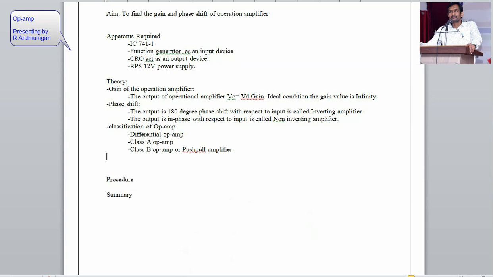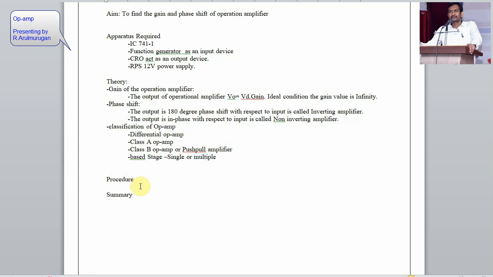Okay, so like that one, it is going to classify the operational amplifier, the differential op-amp, which is the difference of the two inputs. Further, it will classify by stage, either single or multiple stage. If only one is used, it means one stage; more than one, meaning two, is called multiple stage operational amplifiers.